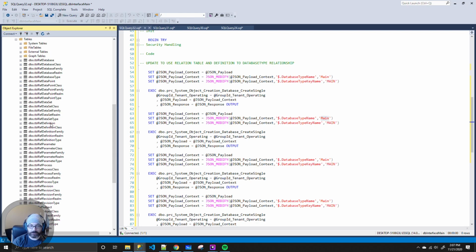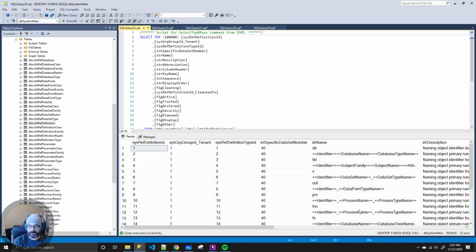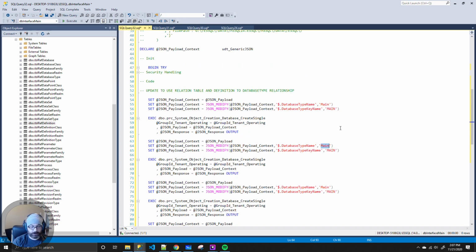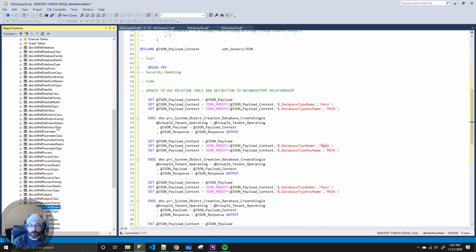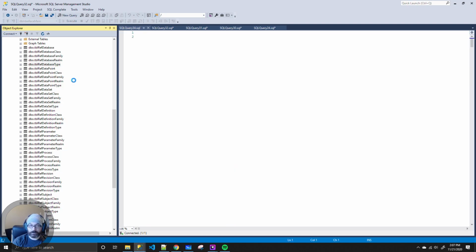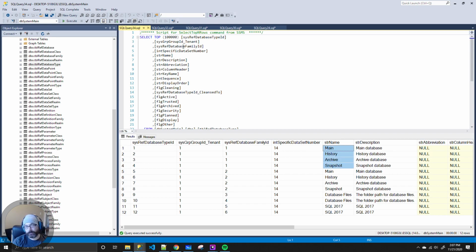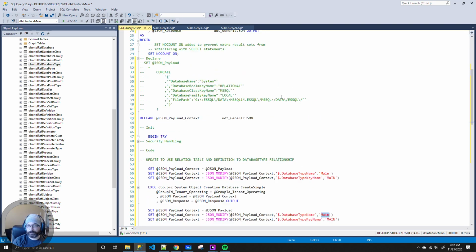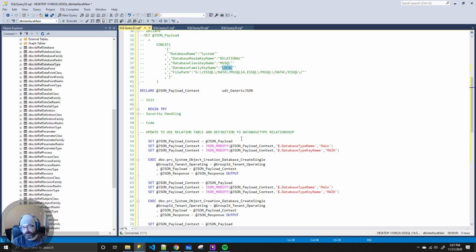I'm going to link this up to our definition table, which right now just gives us names, but we're going to say if you're creating a subject for this data or a database unit, a database subject, it's going to look up an ID for the definition and figure out through the relationship table what types it's related to. So then I can just iterate through the types based on the context of local. So when I say, hey, create an external relational MS SQL database, it's going to iterate through those types and say,